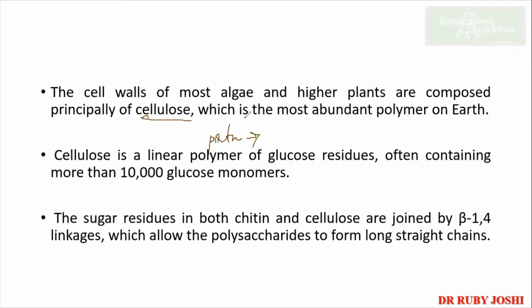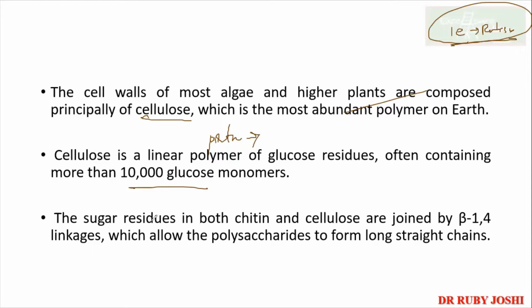Rubisco. Correct. Because we have got the higher plants all over the earth, and each cell has got the maximum quantity of the enzyme Rubisco, right? So we have got the most abundant protein on earth. Correct, very good. Cellulose is a linear polymer of glucose residues, which often contains more than 10,000 glucose monomers,